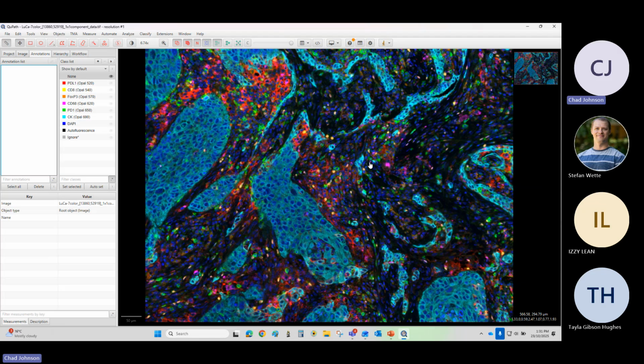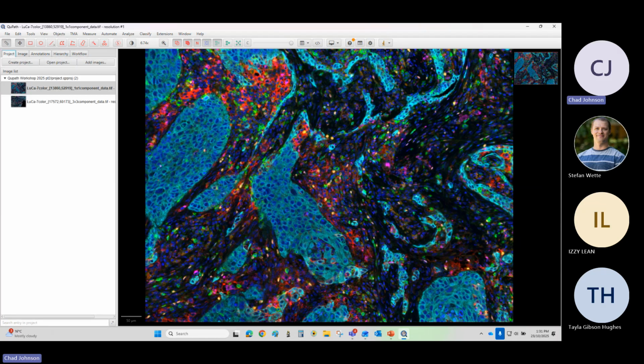So you do it on the first image, and then you would propagate it to all the separate channel images that we're going to create for the training image to save ourselves some time. But for whatever reason, I can't get it to do it anymore. But that's fine. It's just an extra step that we have to do. So what I'm going to do is go back here, and I'm going to